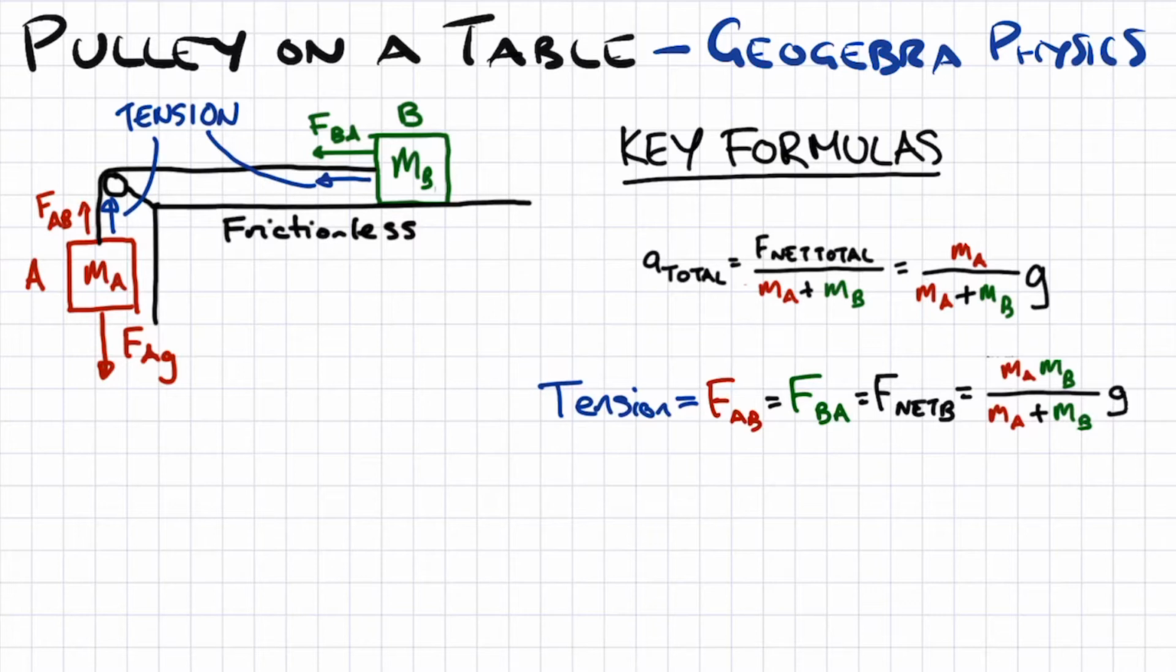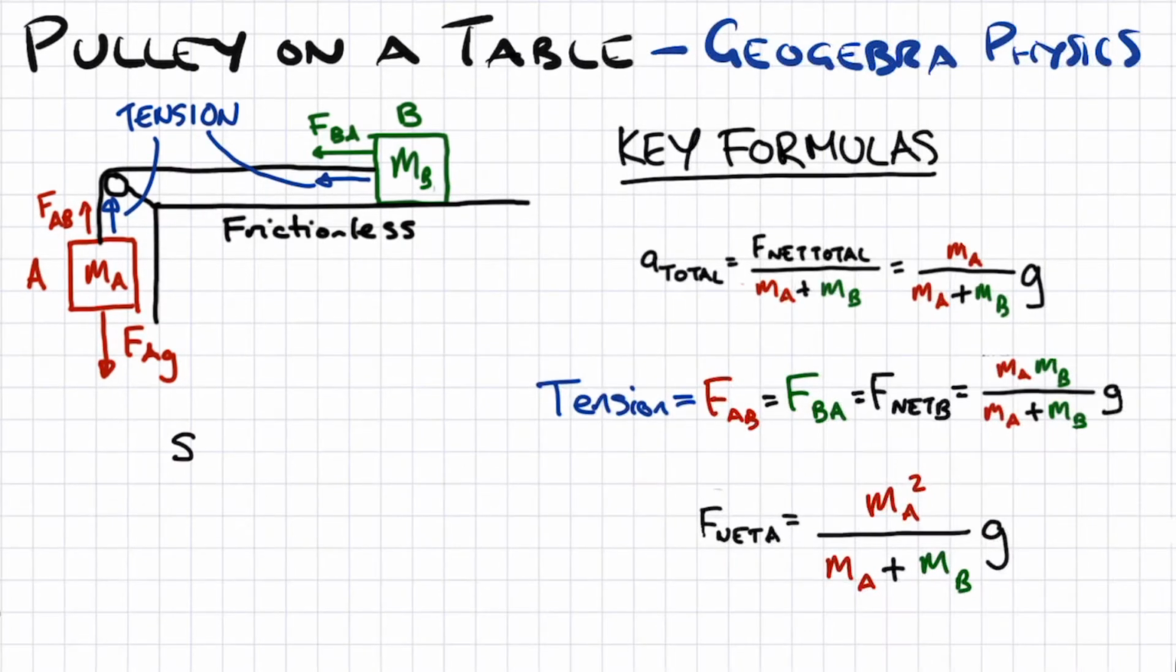The tension, which is also, as we talked about, equal to the magnitude of force of A due to B and B due to A, was MA times MB on the sum of MA plus MB, times G. And the F net was MA squared on the sum of both the masses times G. Okay, so they're the formulas I used when creating this GeoGebra